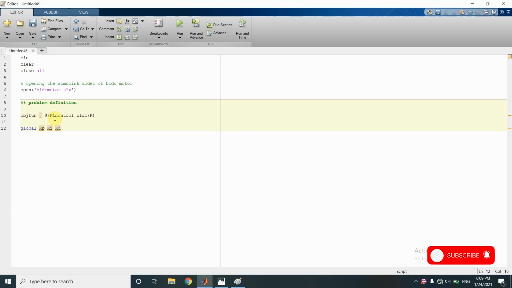And then in that function file, we will extract the values of kp, ki, kd from the k vector, use those values to run the Simulink file, and then from the Simulink file, we will calculate the error in speed, and that error will be the objective function value that will be used to enhance, or we can say evolve, the population through the iterations to reach the most optimal values of kp, ki, kd, so that our objective, that is speed control of the BLDC motor, which could be done by minimizing the error between the actual speed and desired speed, is achieved.